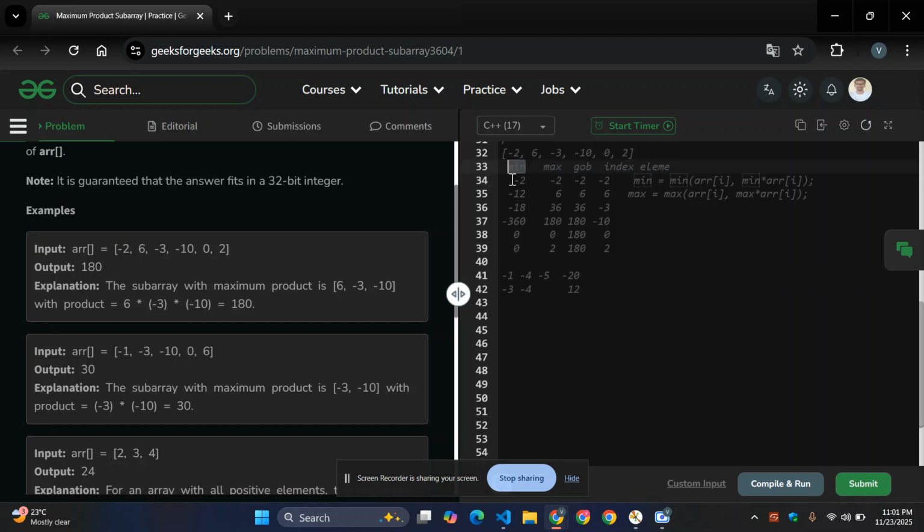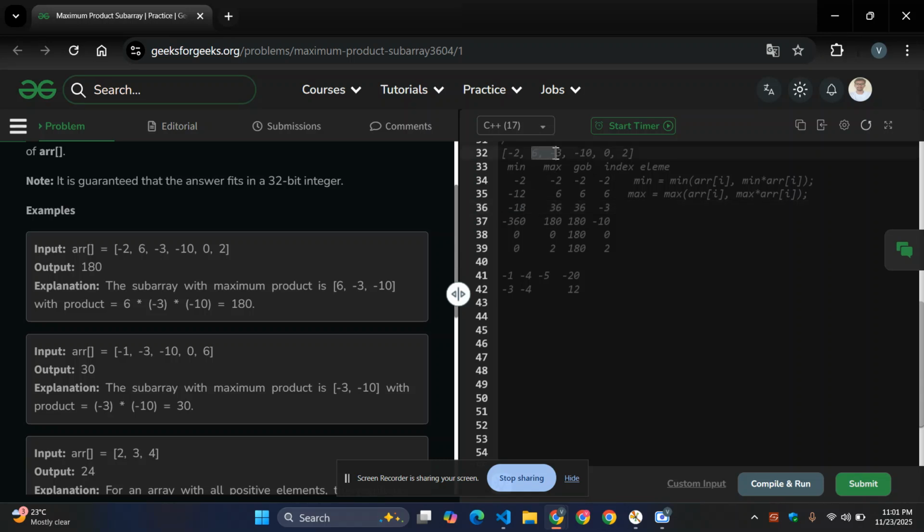Here at each index, the first index is the same. For the second index, the minimum value will be the product of these two, so the product of these two is minus 12, and the maximum will be the positive value, which is 6. I have done this for all these things. You get it at this point. Why do we get this 18? The first thing is you multiply these two only. Why are you not taking this? If you take this, then the minimum will be,